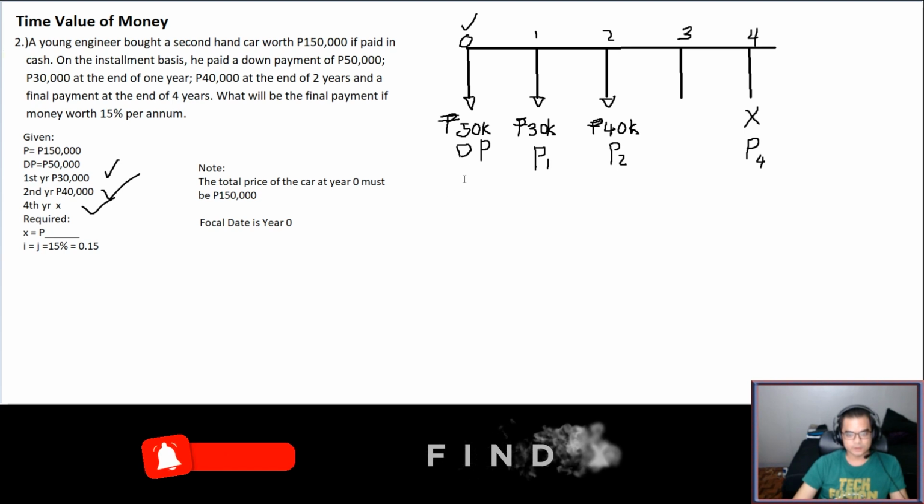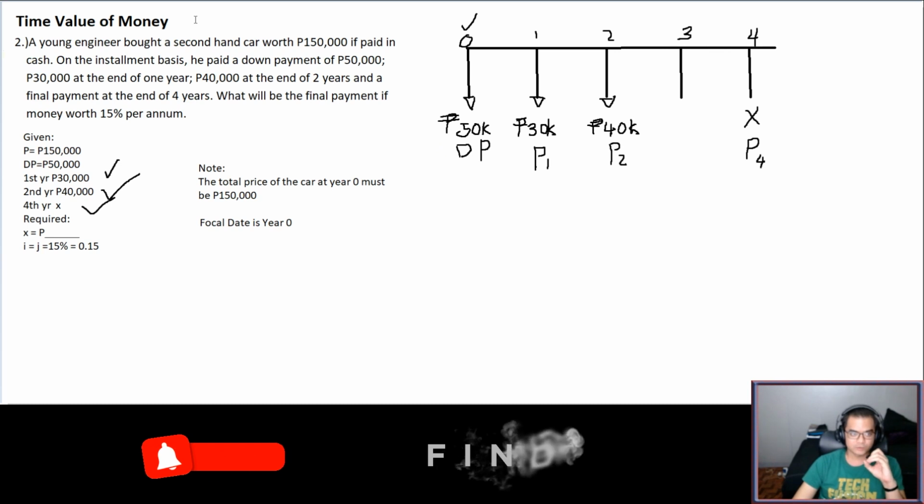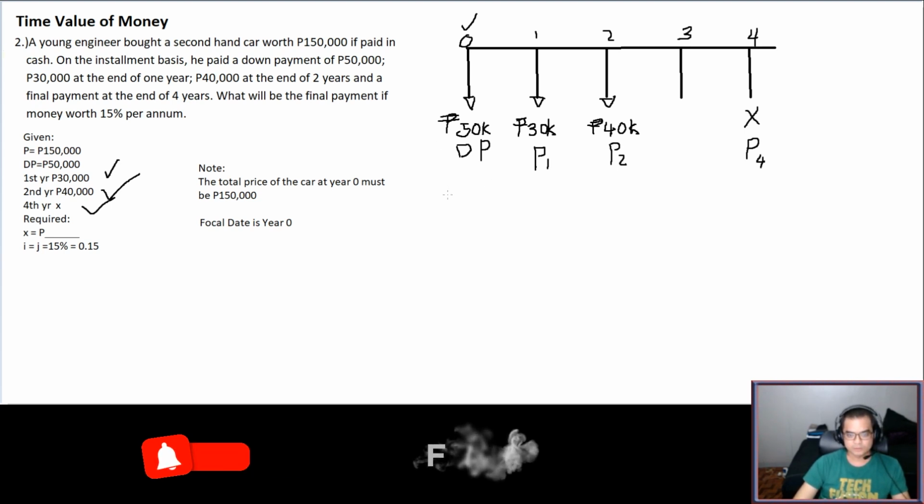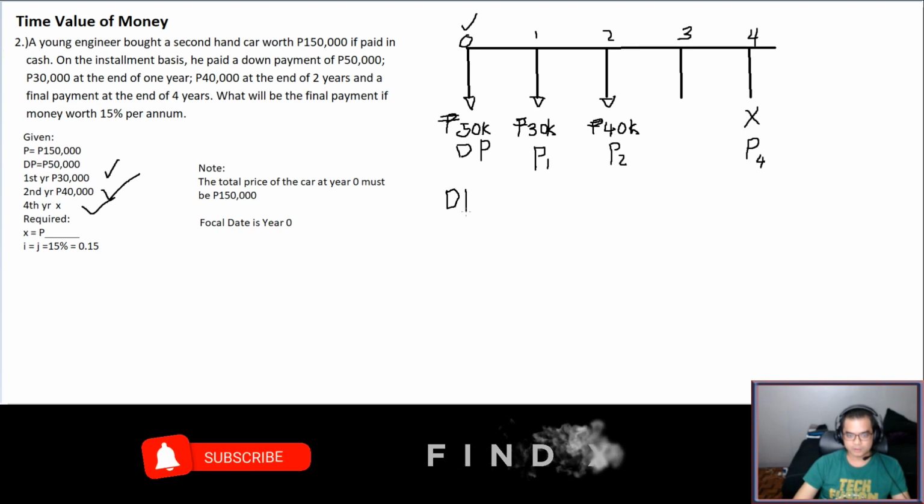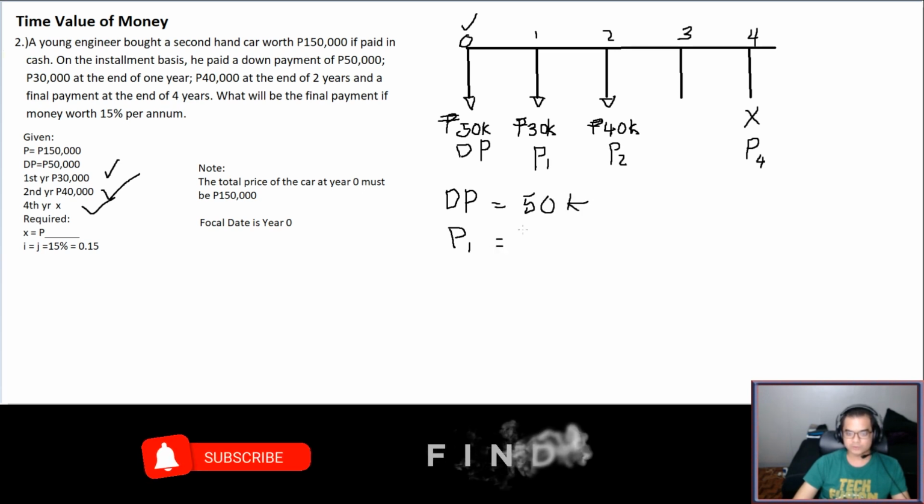Next, let's try to put all these monies into year zero. So we don't have to do anything with the down payment of 50K because that is already there, right? So we have a DP, and then we can solve for P1. This is equal to 50K, and then P1 must be 30K